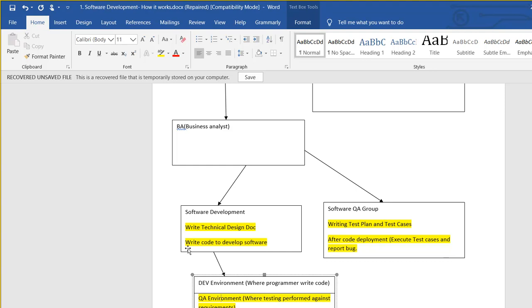When QA people are done with their testing, the software goes to the pre-production environment, where UAT testing happens. In UAT, real users test the application. The performance test happens too. Remember, we discussed performance testing. Once all of this testing is done, the software goes to the production servers where the software is in production.